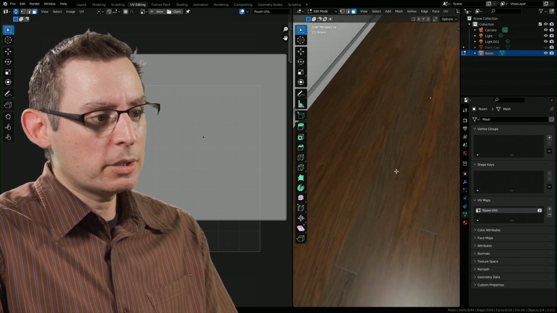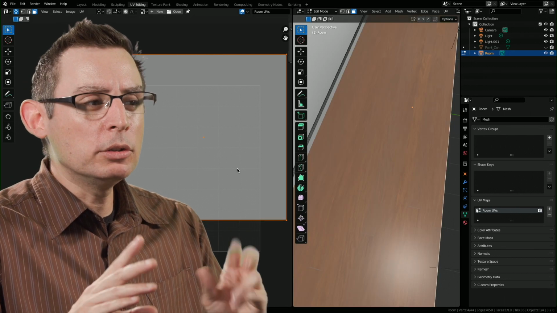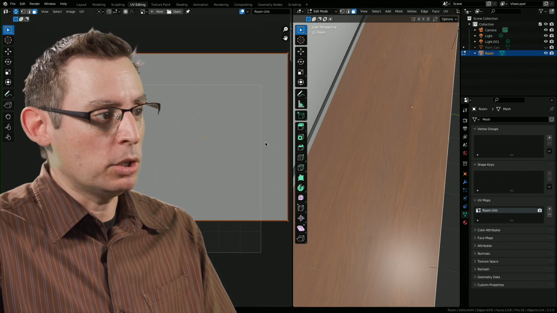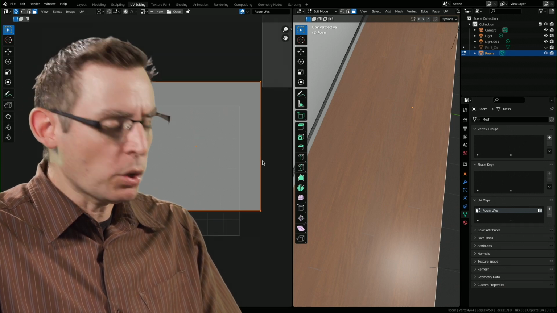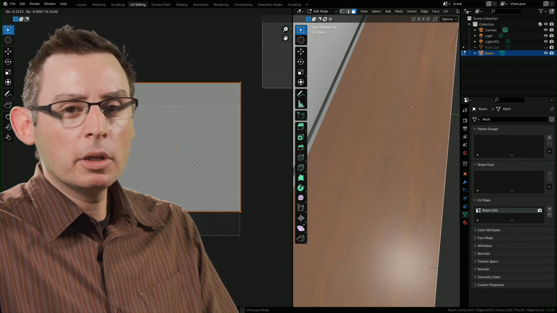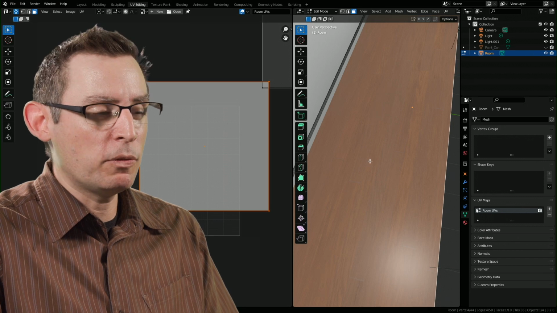Look at the floorboards. They're wonderful. However, they're not. And the whole illusion breaks down pretty quickly once I start adjusting the UVs, okay? So if I move it, just using the grab tool, the floorboards move. It's kind of hard to see at the moment because we have both the polygon selected and the UV selected.